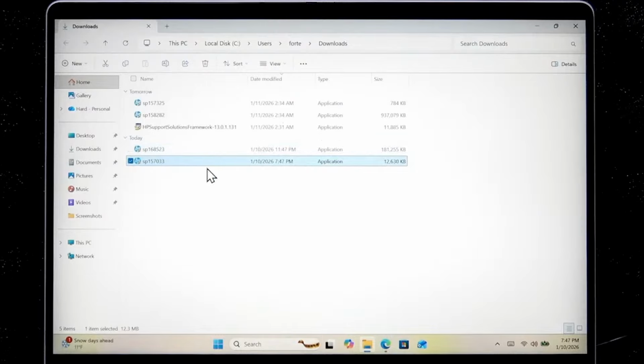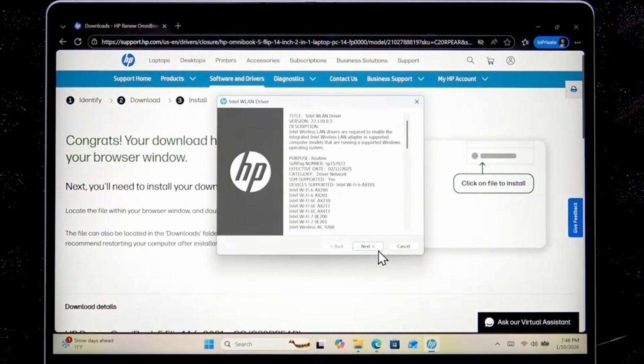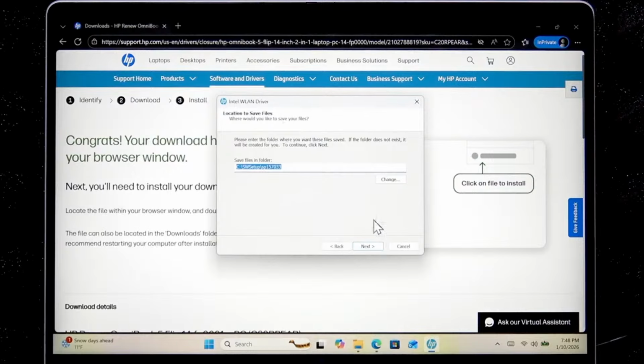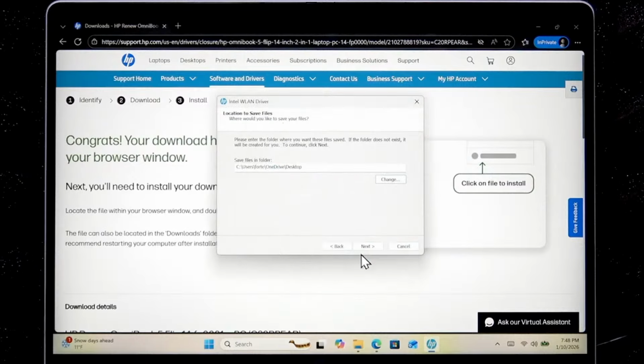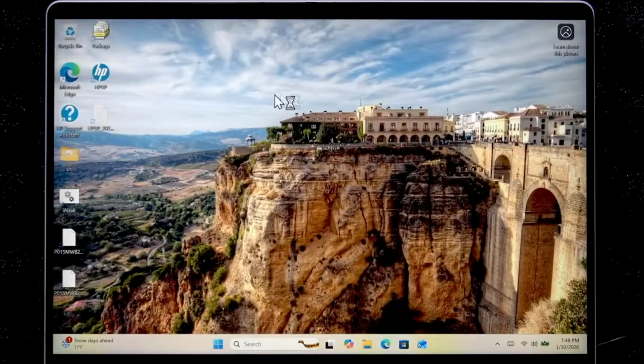your HP. So you can just grab this file and drag it to your USB flash drive, and then drop it on your HP, and then run it here. Then click yes, then click next, then accept the license agreement, click next again. Then you can either go with the default drivers folder, or let's change it to access it more easily. So for example, let's save it on desktop instead, and then click next once again, and let the program extract